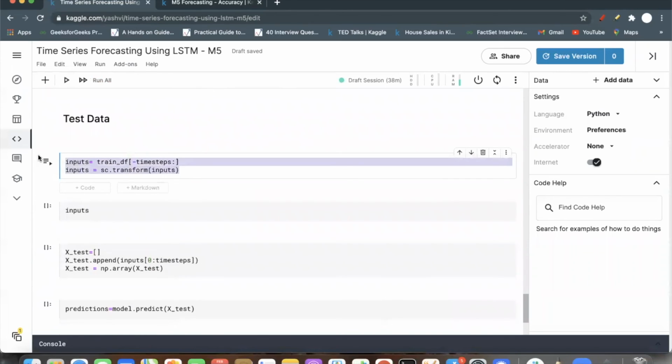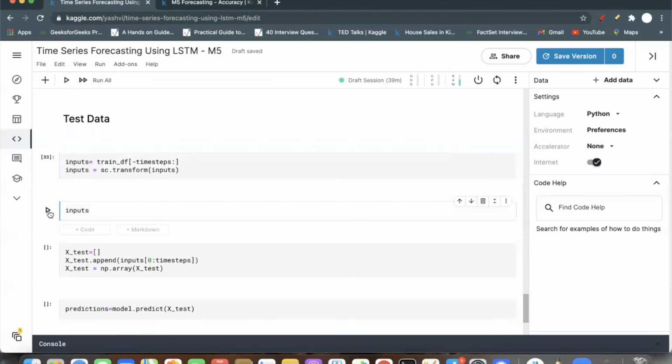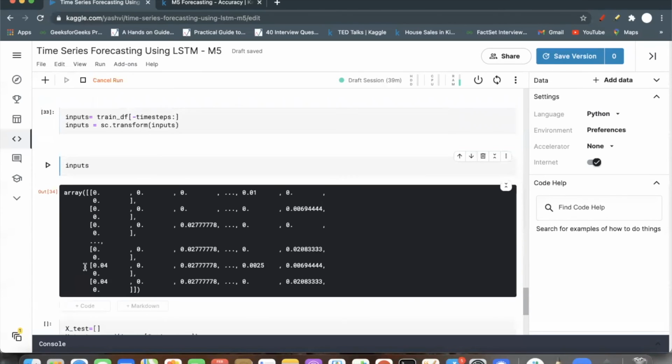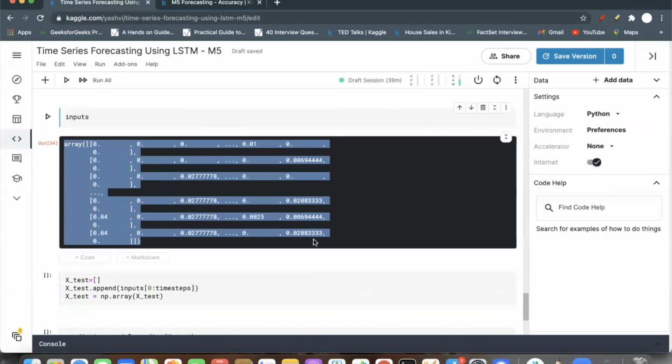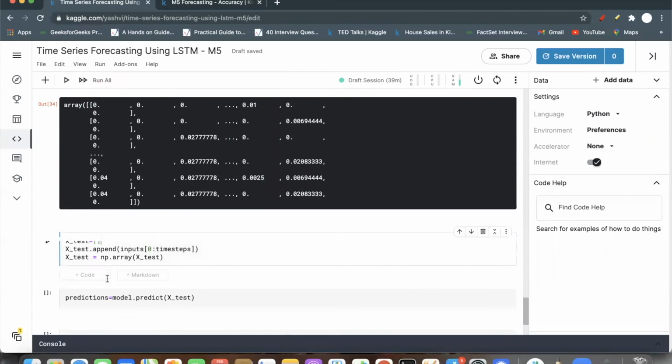So I'm creating my test data. Basically I am taking the last 14 days of sales and predicting the next day's sales. You can see I have the sales for the last 14 days.